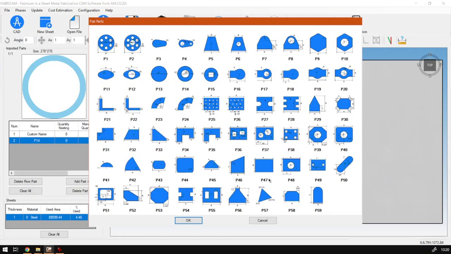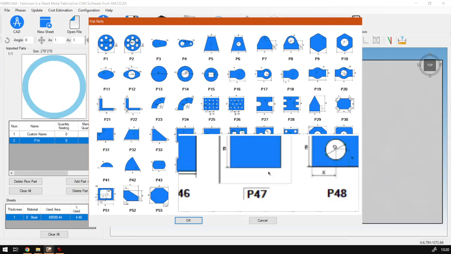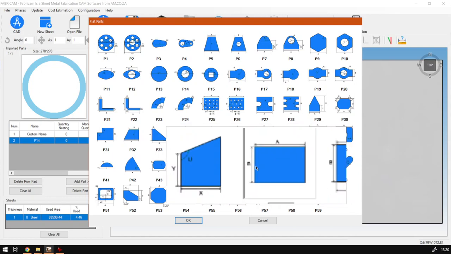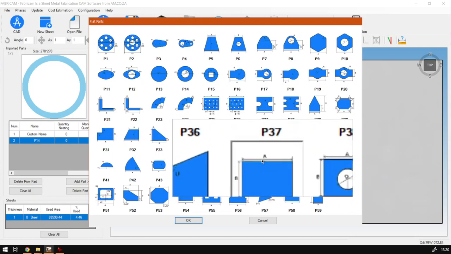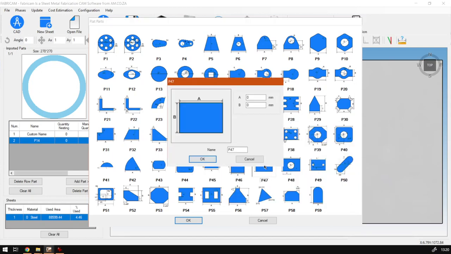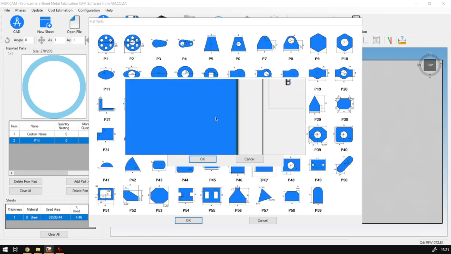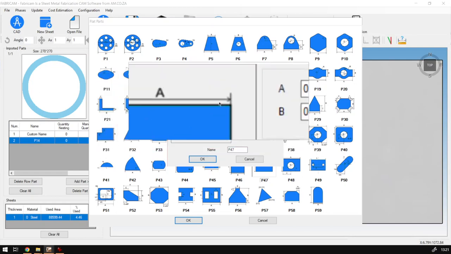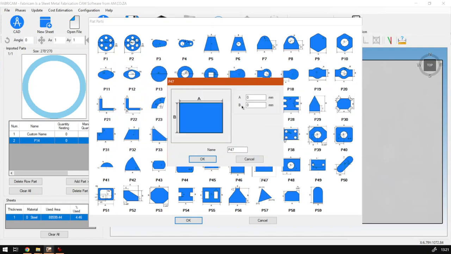So I'm going to zoom in here for you guys so you can see. So we've got our basic part, and as we can see there on the small icon, we've got a B and A, or A and B, 2 different dimensions. Now this is obviously, like I mentioned, a very important part because you use it so often. And then just keep in mind which one does what, because I know it sounds strange, but it actually does happen where you'll sometimes put in what is also referred to as X and Y, and then you'll put in your